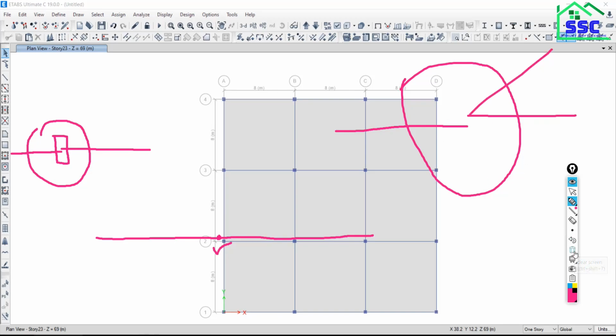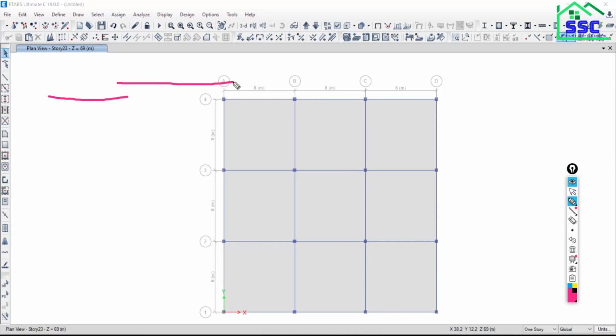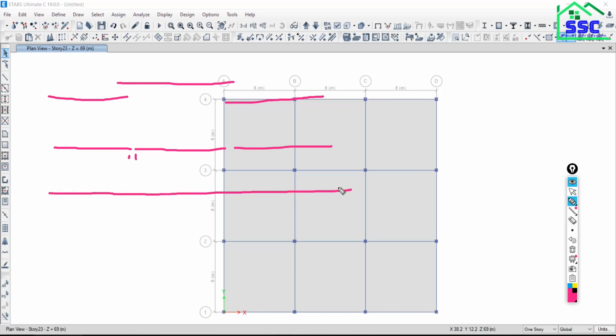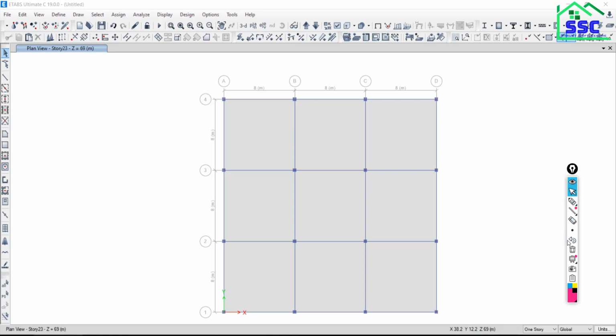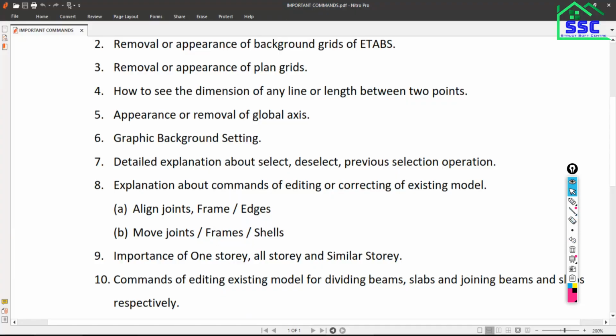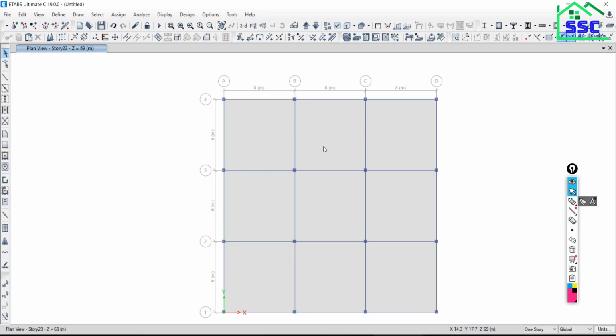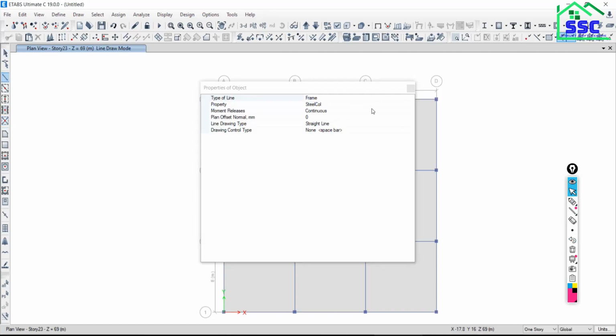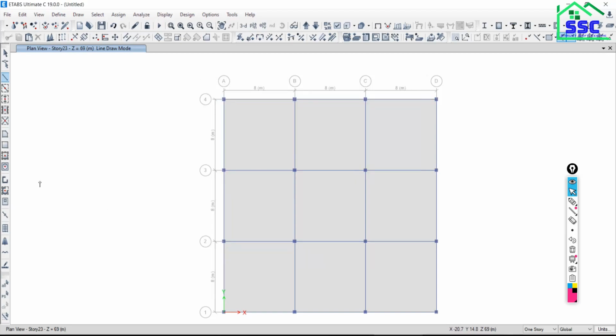Suppose this kind of error we are getting, one beam is here, one beam is here, one beam is here by mistake on a large scale. So I need to keep all these three beams in the same alignment. Although it is at some distance, that doesn't matter, but the alignment should be along the same line. So what you need to do? Suppose take the frame element, just close this, the first point, then second.